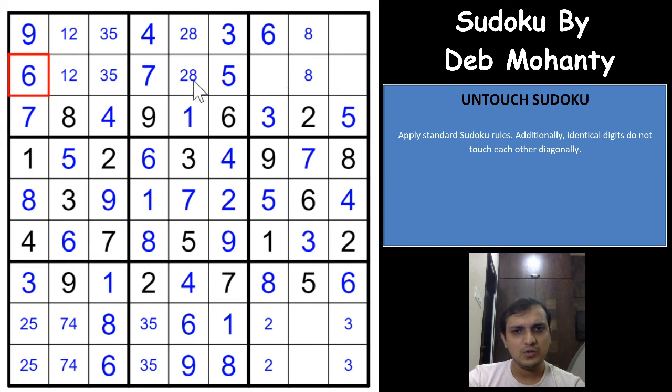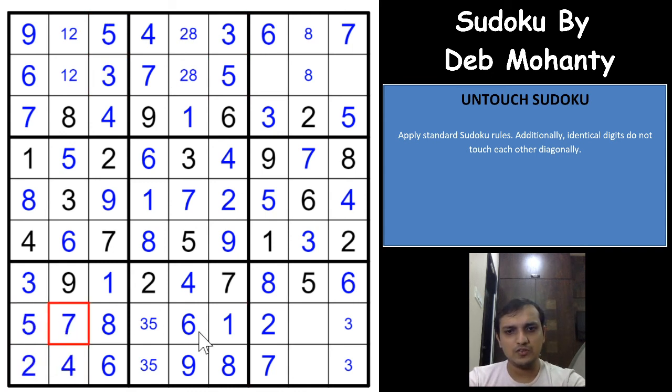And if you can see here, because of the 7 here, you cannot have a 7 here, and 7 has to be in one of these two cells, and you already have a 7 here, which means 7 has to be here. And because of the 7 here and 7 here, you need to have 7 in one of these two cells. And because of this 7, this will be a 2. See the way the Sudoku is flowing, right? All because of the untouched property in the previous row, you are able to just fill the digits so smoothly. And because of the 3-5 pair, you can immediately mark the 3-5 here, and because of the 2-7, you can mark this 5 and 2.